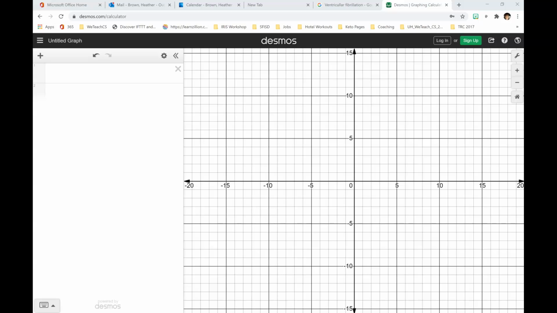I wanted to go over one of the free resources online available to students and to teachers. It's the Desmos online graphing calculator. As you can see, it's desmos.com/calculator. What you'll want to do is sign up if you don't already have an account, and when you sign